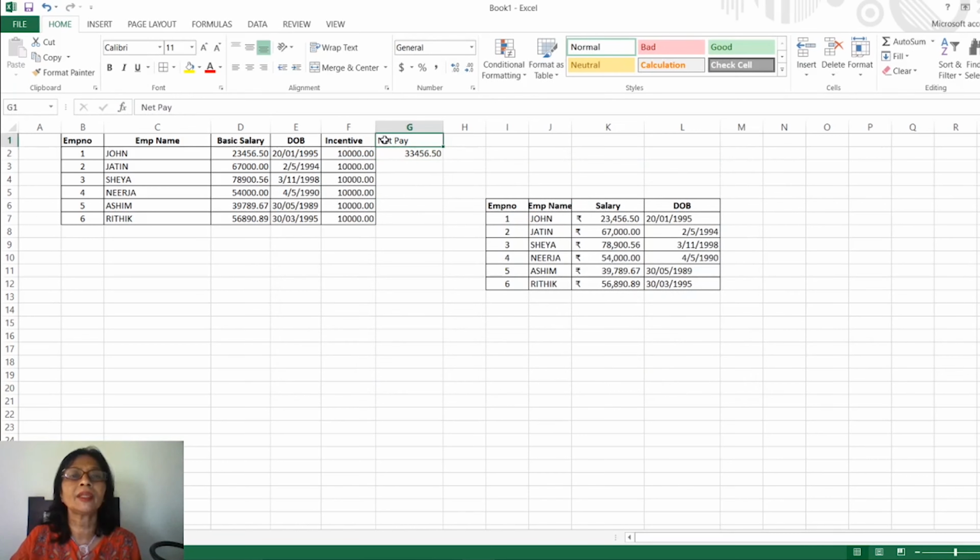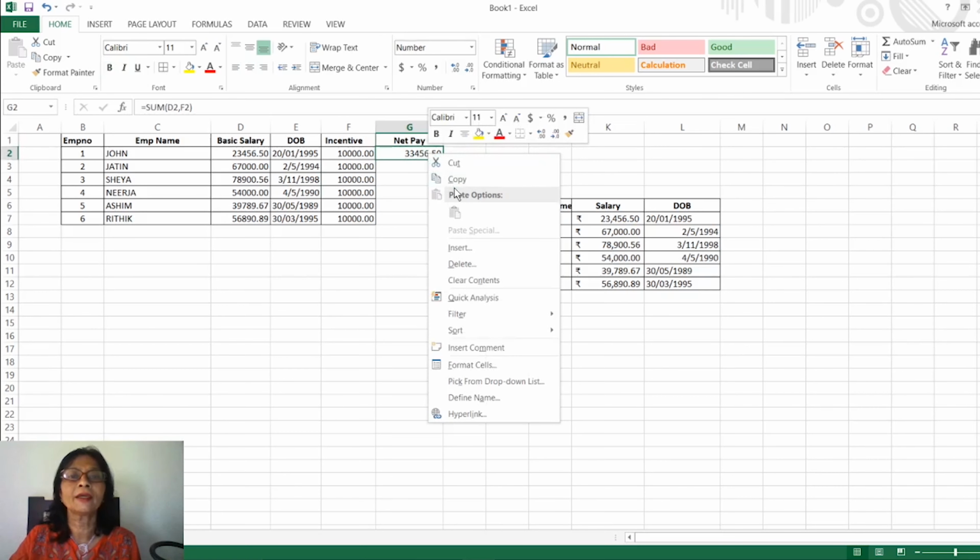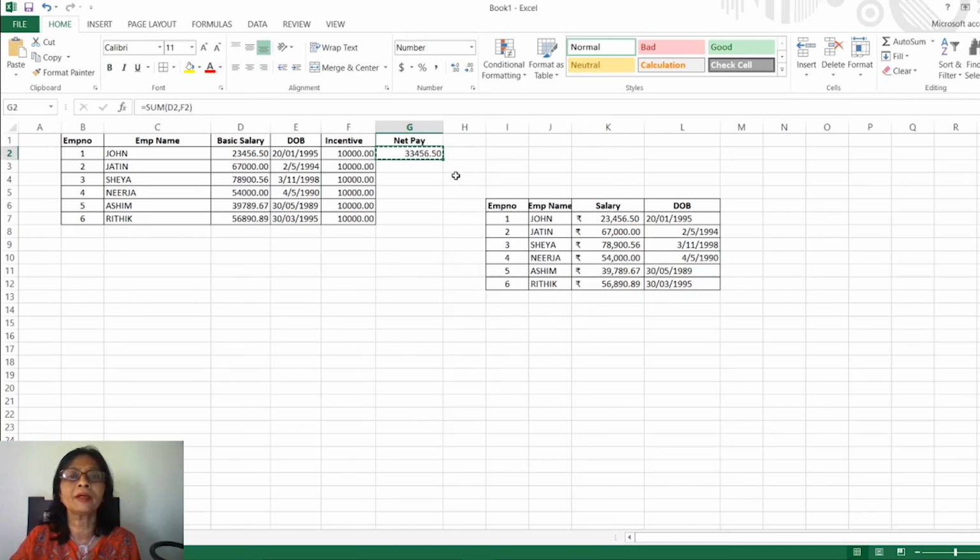Here again I will make it bold. As the whole cells in this column will be replaced with the sum of the basic salary and incentive, we will copy it. That means we have copied the formula and, using Ctrl V, we will paste it and automatically the values will come.